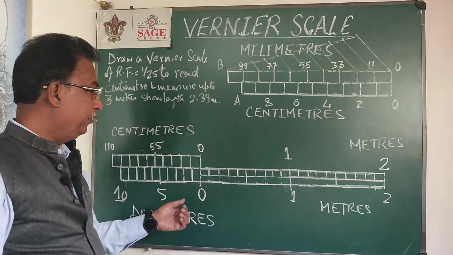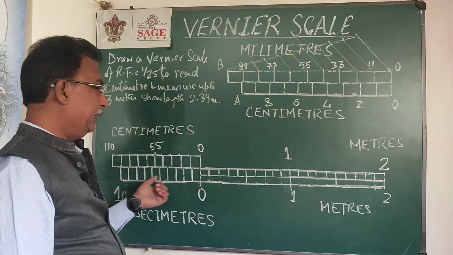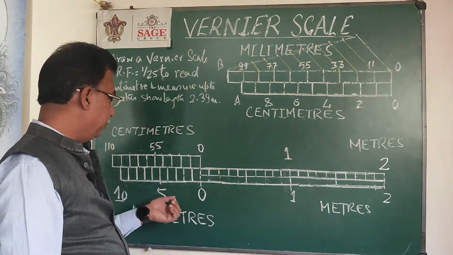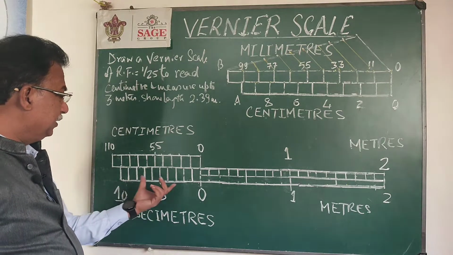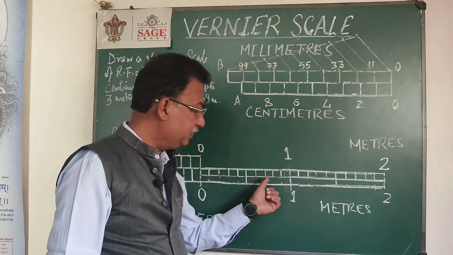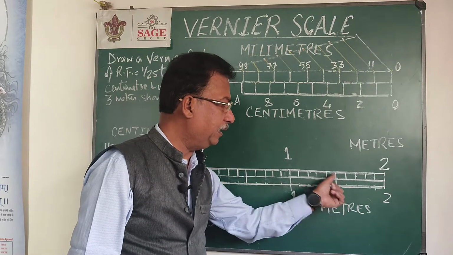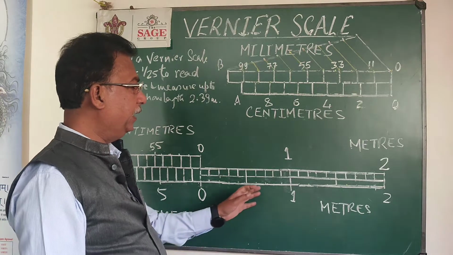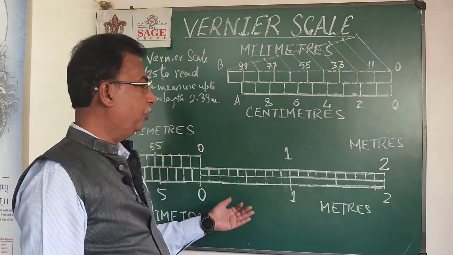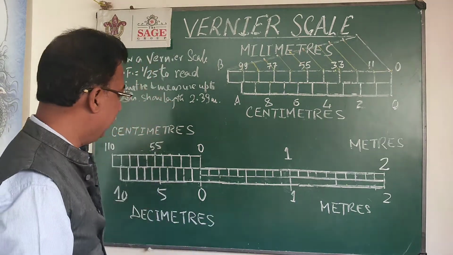So initially I have divided, like a plain scale, this line into 3 parts, getting the 1 meter part, then divided the first part into 10 parts. But instead of just dividing the first part, we have divided this first part and this second part also into 10 equal parts. Why I have done that, I will explain later, when I want to measure the length with the help of this scale.